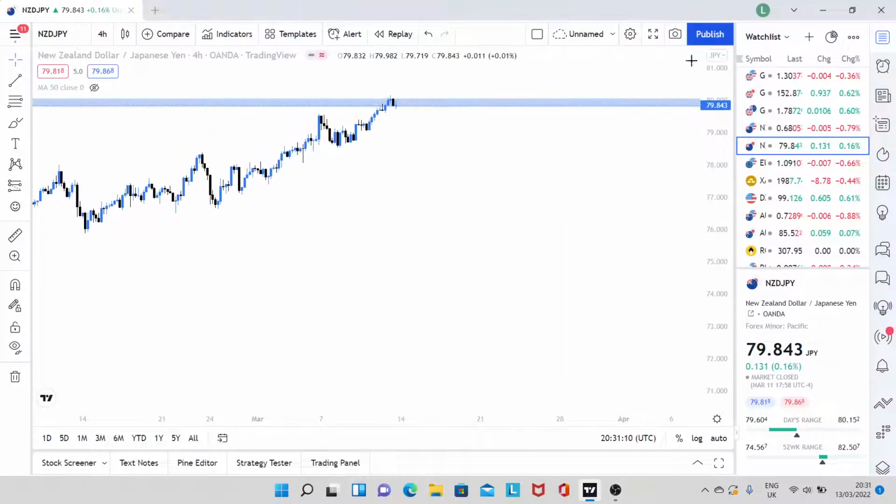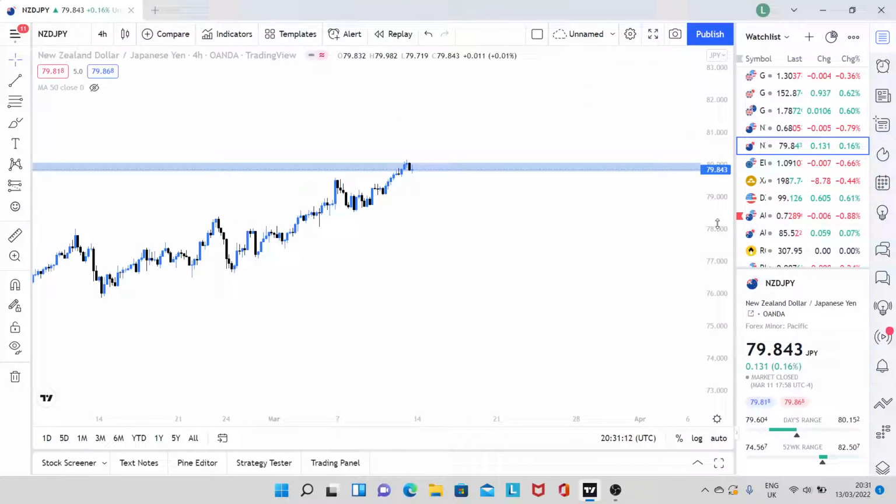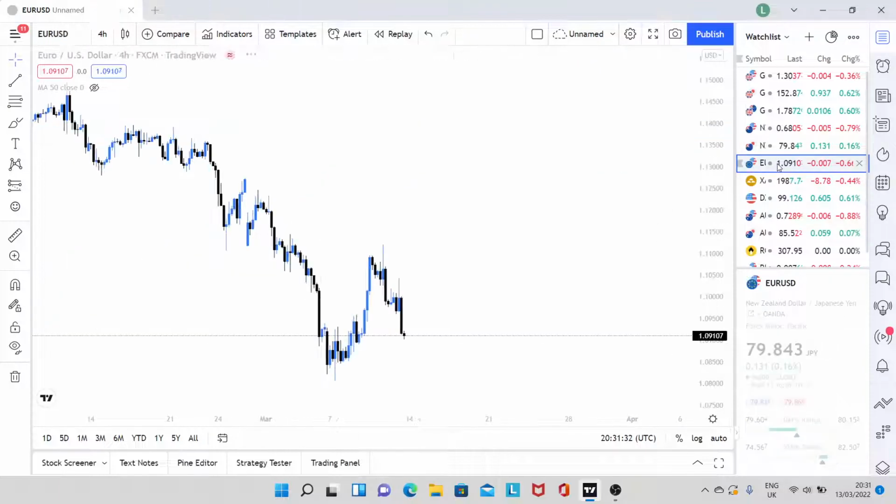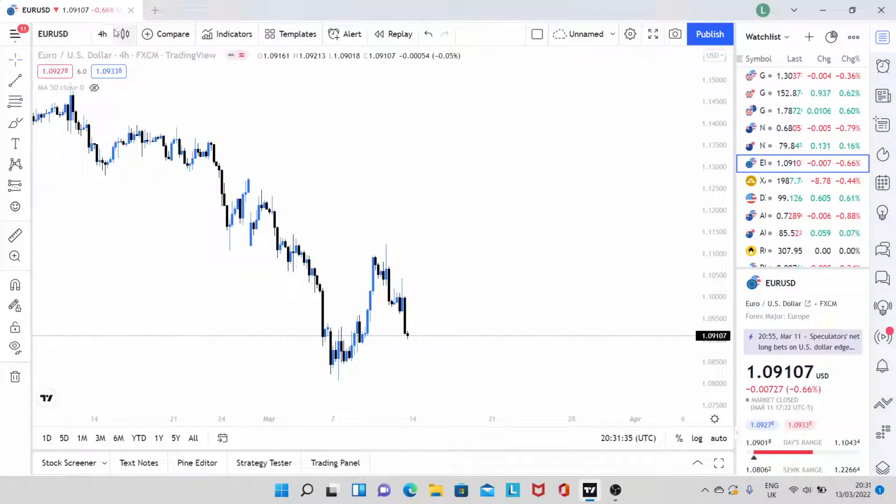It does actually look like we're going to continue higher. It does look like we've seen some exhaustion, so we've broken down, we've created a doji. I do feel like it wants to push higher. If I was going to enter, I would either want a clean retest of this area here, or I'd want a break above and then a retest and a continuation. We'll have to wait and see what happens on that front.